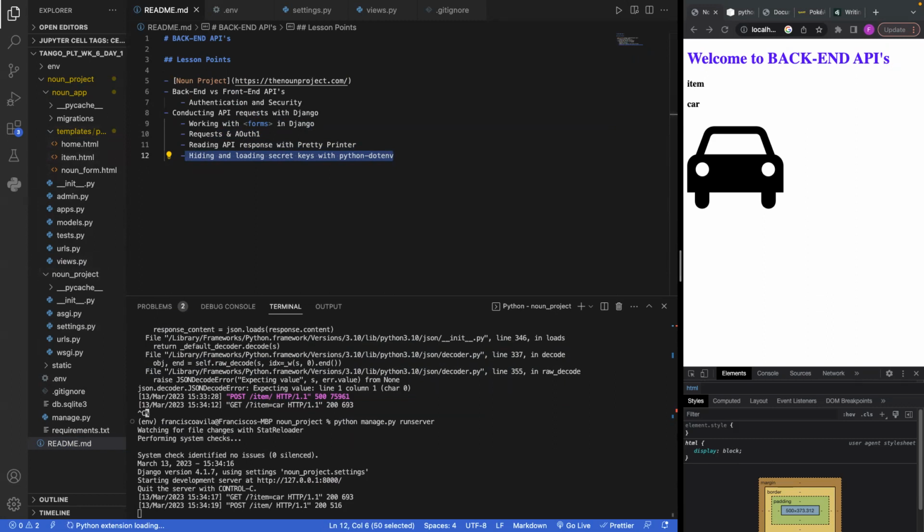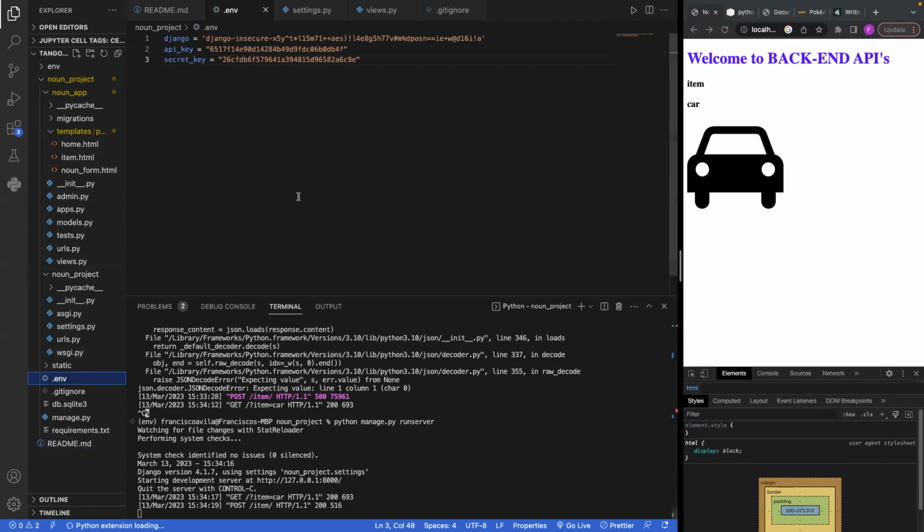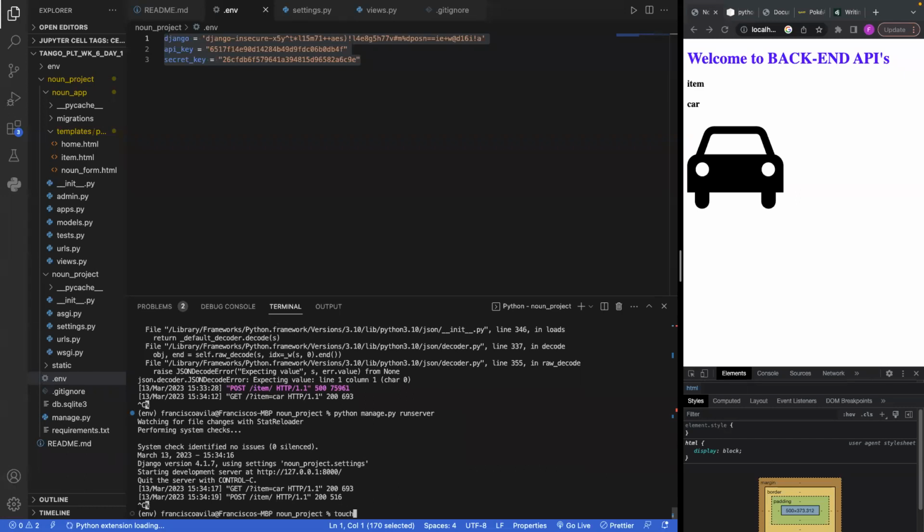Perfect. So I guess quick question. Is that kind of like the industry standard for security as far as keys like that go? Is that what everybody does? Yes, so whenever you want to hide keys, it has to go inside a .env. Since this isn't going to get pushed up into GitHub, what you can do sometimes is you could create